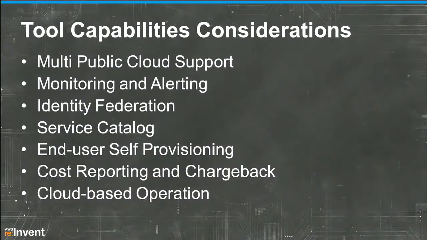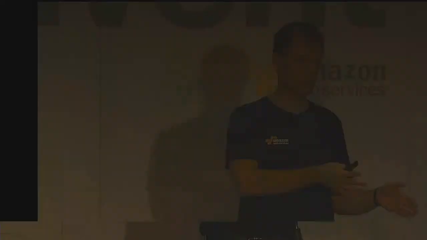So as you're considering orchestration and deployment tools for hybrid environments, there's a lot of things to think about. I want to touch on just a few of them very briefly that will, again, help us in our decision-making process when we lay out the strategies for hybrid orchestration. Does it support multiple public clouds? Are you working with other public cloud providers? Understand, could you be working with them in the future? And what are your tool partners' capabilities to support multiple public clouds? Monitoring and alerting, how easily do those tools plug into your existing monitoring and alerting capabilities? We talked a little bit about identity federation already, but how do I take the authentication capabilities that I have in-house today and extend that into the cloud?